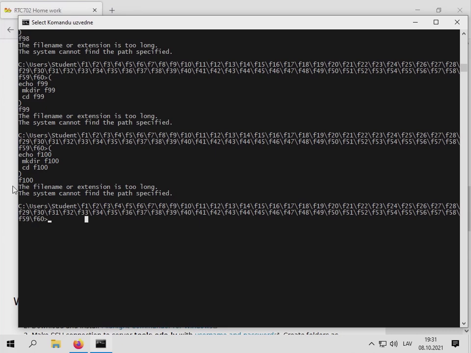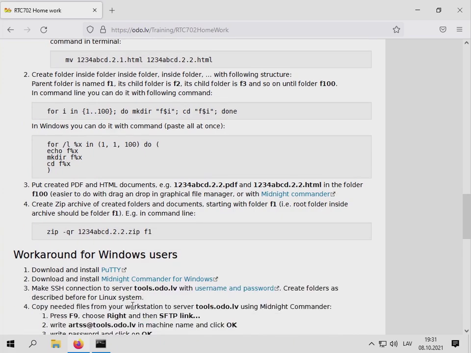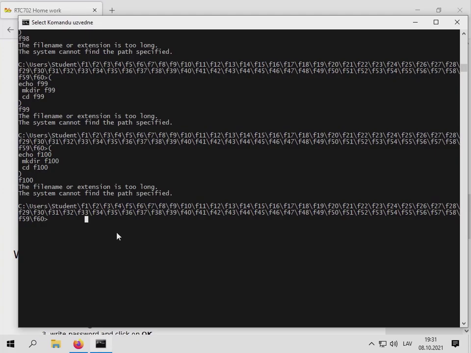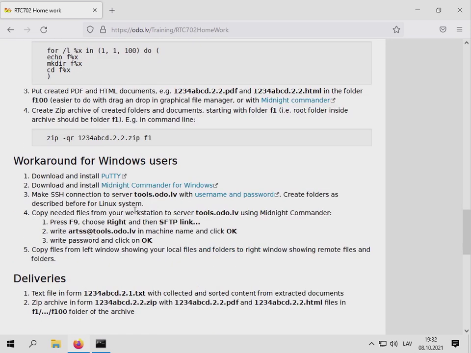So I thought that with this script everything was done. So what can you do? Of course you can create 2 separate folders, then create another folder starting from F61, and then somehow put this and update it inside your zip archive. In theory you can somehow get around it, but it is not so easy.